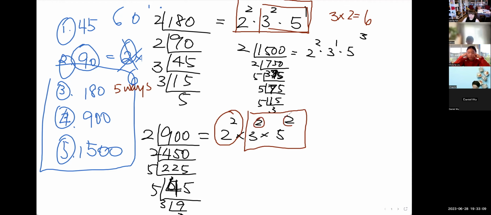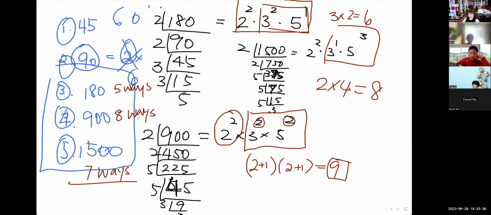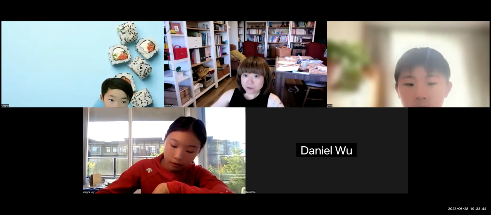Chapter, I want you to take a look at this one, okay? So 2 plus 1 times 2 plus 1. So 900 has 9 odd factors. So how many ways are there? 8 ways. Okay, so 1500 has what? Has 2 times 4, has 8 odd factors. So 1500 has 7 different ways to express 1500 as a sum of consecutive integers. Understand, everybody? Okay, 会了吗？会做了吗？